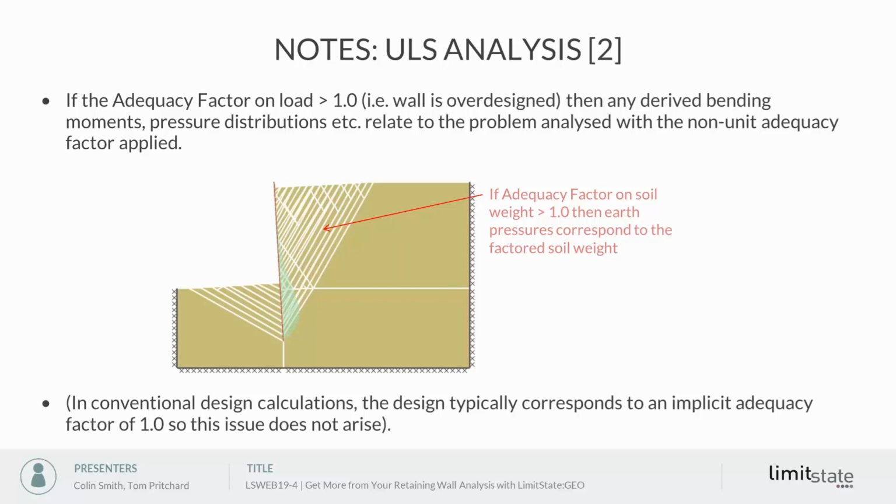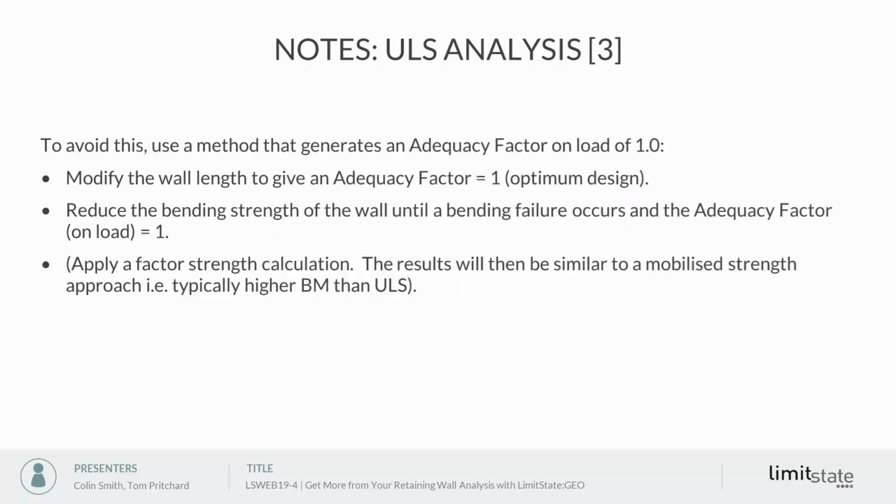Now in conventional design calculations, we're generally designing to an implicit adequacy factor of 1, so this issue doesn't arise. So essentially, to avoid this, we need to use a method that gives us an adequacy factor on any load of 1. So we can either change the wall length until we get an adequacy factor of 1, that will perhaps give us our optimal design of wall. We can reduce the bending strength of the wall until we get bending failure, an adequacy factor of 1, or we can use a factor of strength calculation, and then our results will be similar to a mobilized strength type approach,